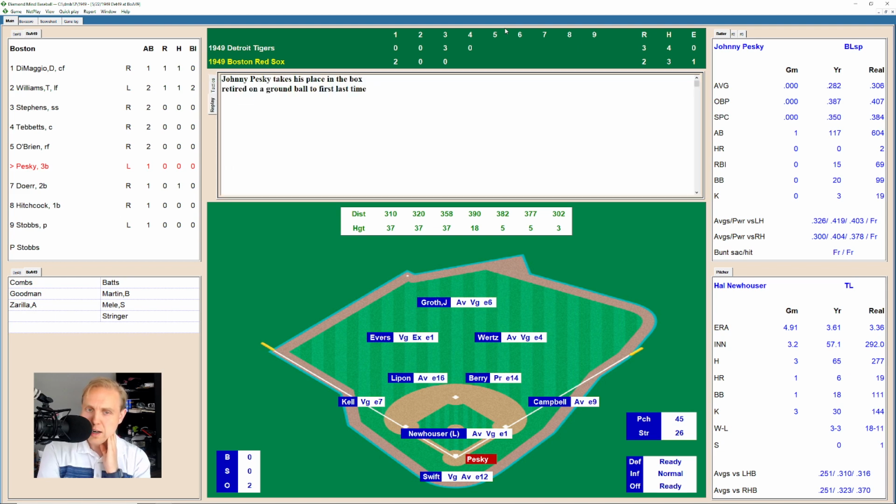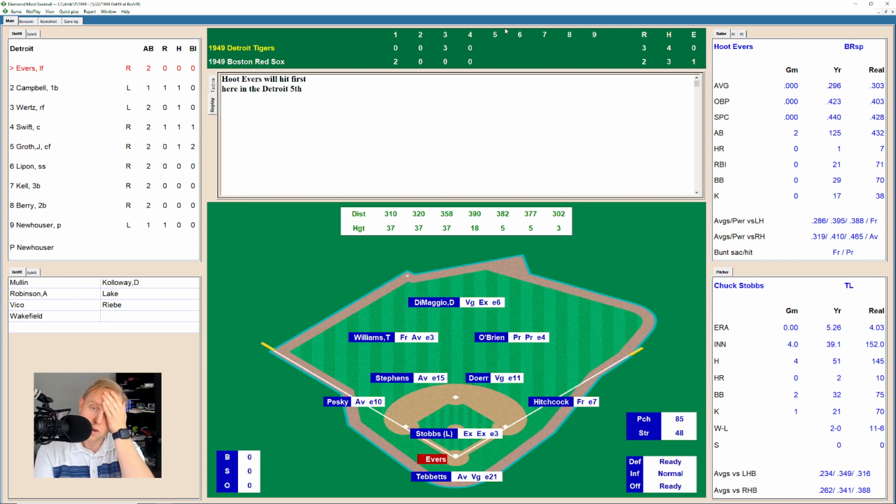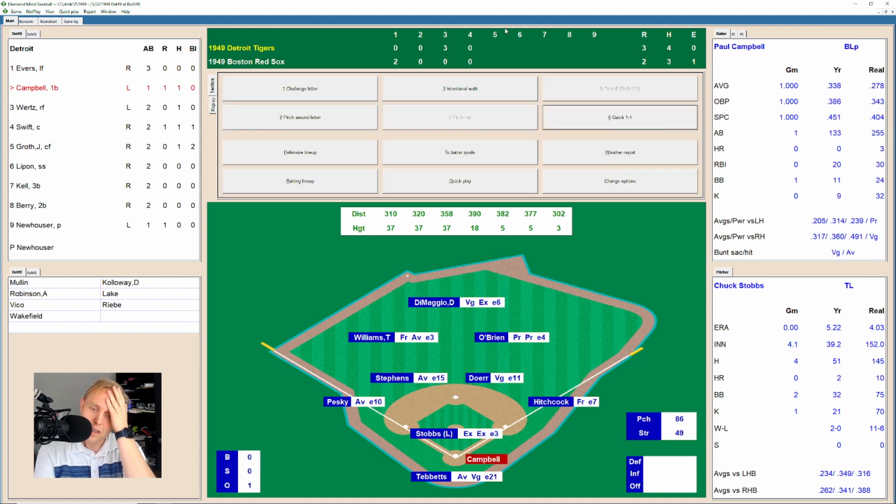You need the whole lineup to hit if you really want to be good. They've got 3 guys who can hit, and Pesky lines one over to Lipon for the third out. First pitch swinging again. We go to the top of the fifth, and this is as far as I wanted Staubs to go. Here's Hoot Evers, and he hits a little fly ball over to left field. It's Stevens or Williams, and Williams ends up running over there, making that catch for the out, 1 away, and